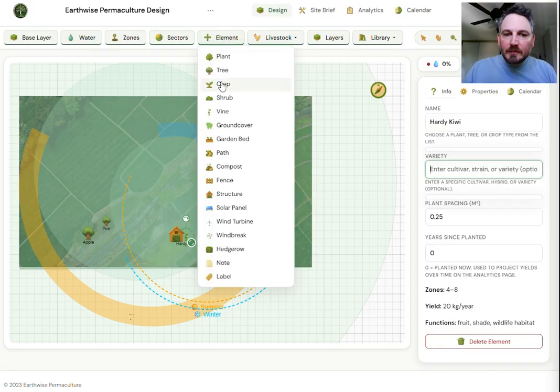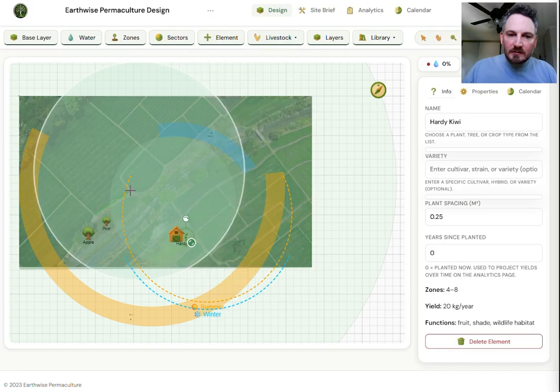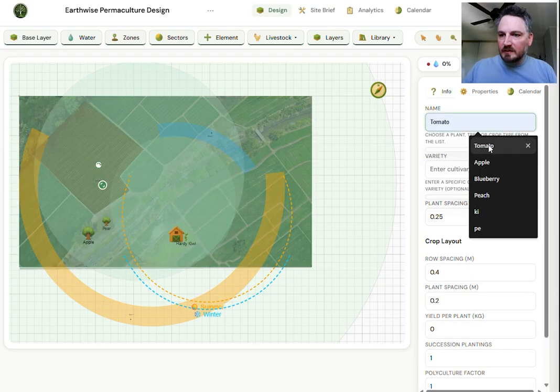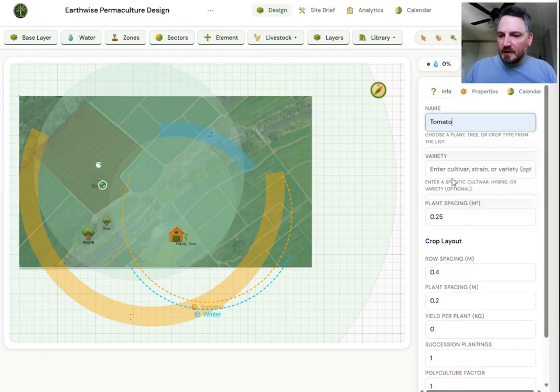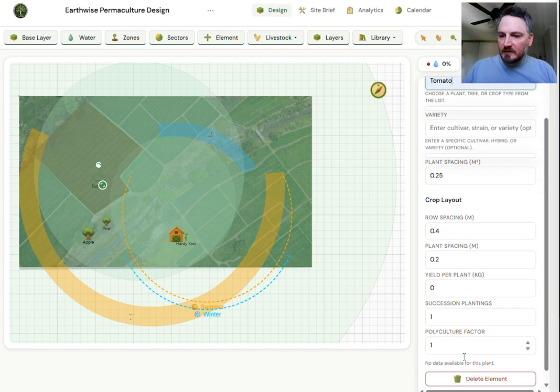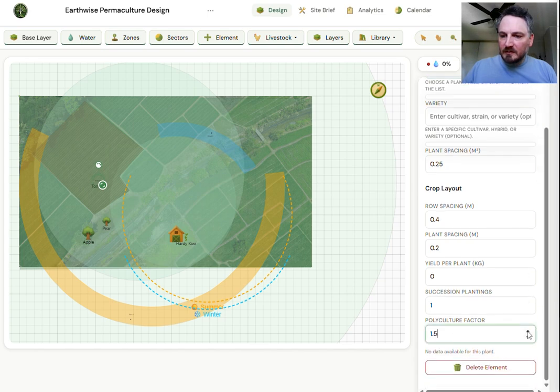Let's do a crop. So the crop tool is cool because you can create a whole zone of a growing area, and then that closes in. You can pick the plants you want. Let's say that's all tomatoes, but maybe it's not all tomatoes. Maybe there is a polyculture system, and then you can adjust all this stuff. Okay,